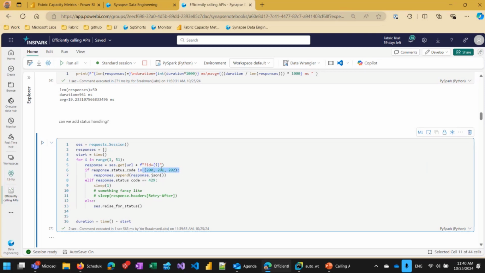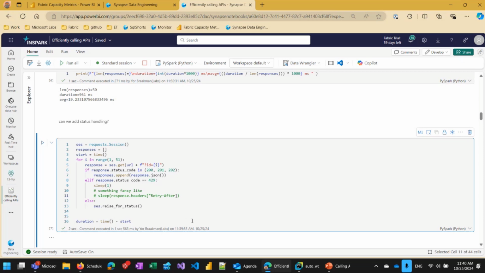So that's 200, 201, and 202. And then if we are requesting too much, we can sleep for a second. But you can also do something fancy like response.headers retry after if the 429 response has a retry after key